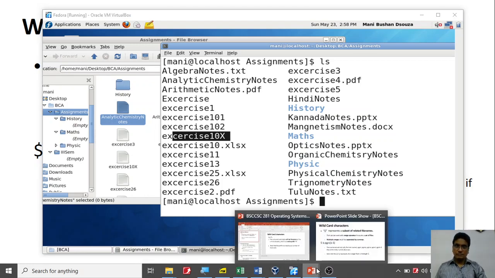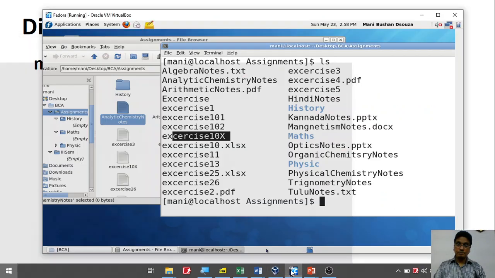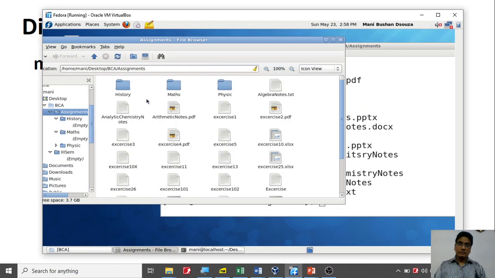Okay, so let's look at the other commands there. So this is one. The next command that we are going to look at is mkdir. So what is the use of this mkdir? mkdir is used to create a folder. So in Windows, you know how to create a folder. During the exercise, definitely we will see in the practical how to create the folder, but as of now, how to use the ls command in detail, because it's a theory session, I do not want to extend the time of the video, so I'm restricting myself.